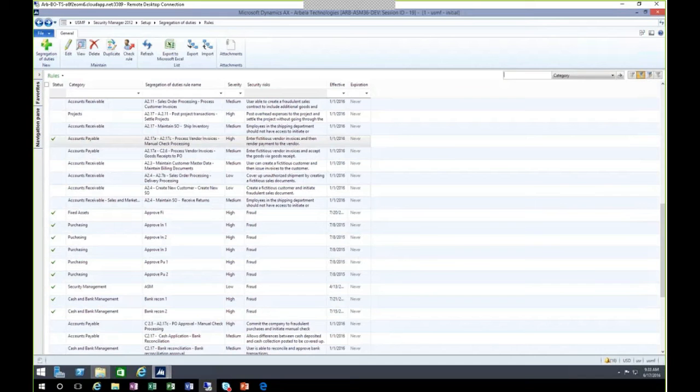We have a lot of help with the function that I just showed you. You can import, if you already have a nice robust list, or if you want to import our standard list, you can use the import or export functions. Export is useful to move between environments, and you can export it to Excel as a mass list that you can reference.